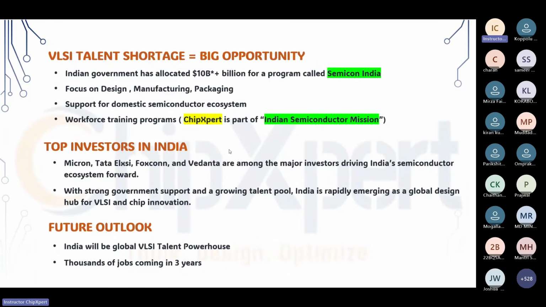80% of the design teams are in India only, and the majority of companies are focused on India because the majority of the engineering sector for design is in India. We don't have a manufacturing unit till now, but we have more design teams. So we have to focus on manufacturing units, which India is focusing on currently. Okay.